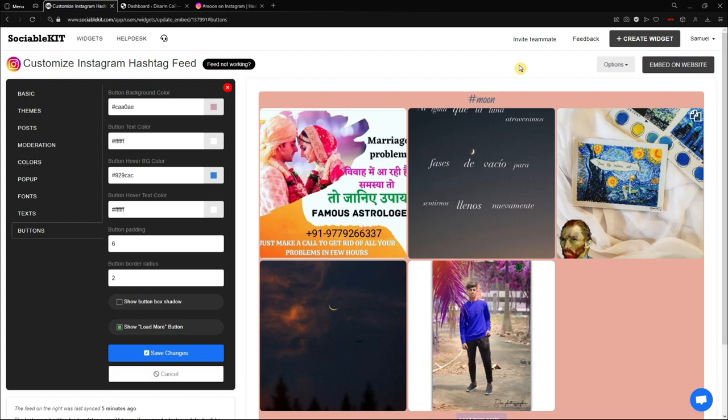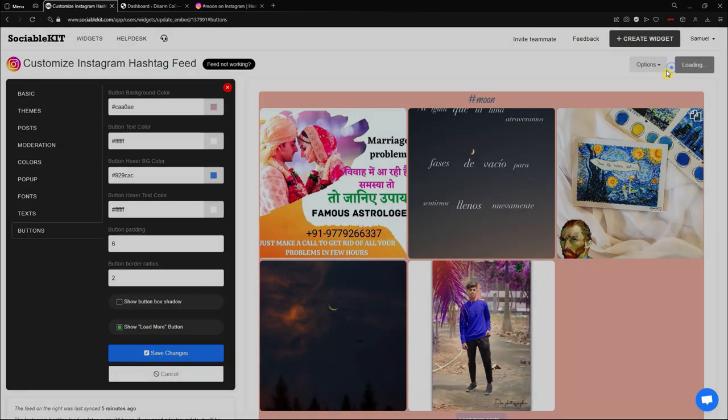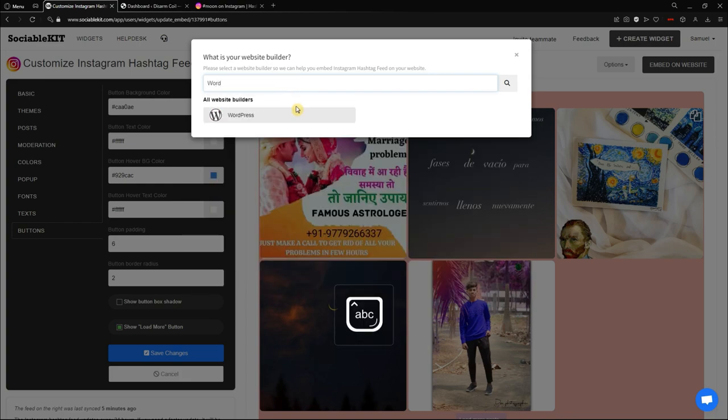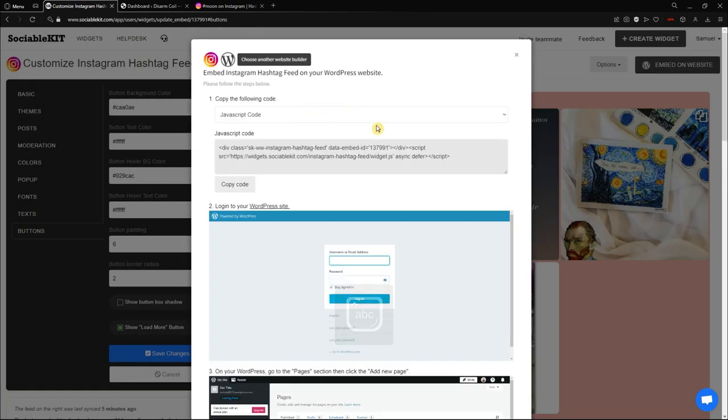So now we're going to embed it to WordPress. So in the top right of our screen, we're going to click this embed on website button. And in here, we are going to select what website builder we are going to use. So in our case, we're going to use WordPress. So if you guys didn't find your website builder here, you can search it here. So I'm going to type WordPress. So here it is. I'm going to click it, and it will